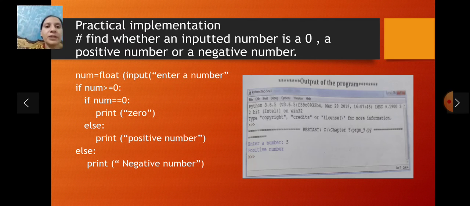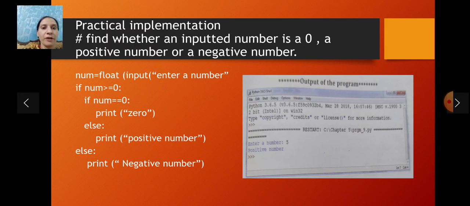Now the first condition is: if num is greater than or equal to 0, then we put another if condition inside the if. See, if num is equal to 0, then print 0, else print positive number, else print negative number. So see, the first else is inside the if statement and the second else is below the if statement. So this is how we can use nested if.